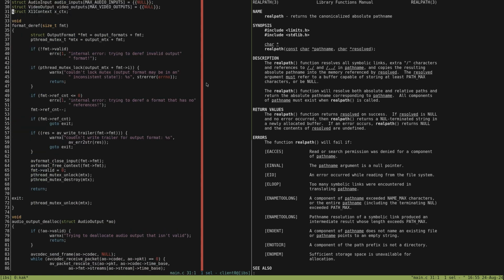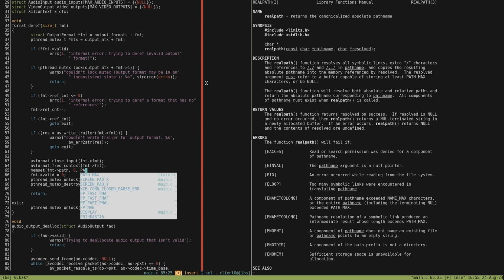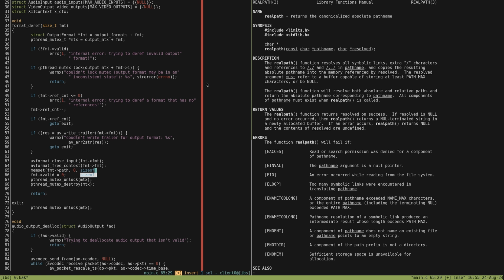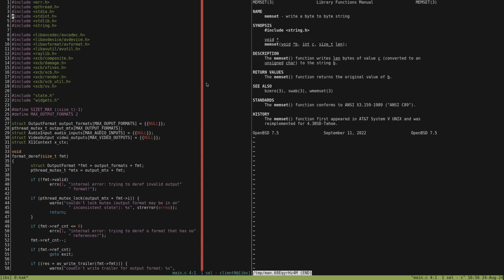And what we'll need to do is memset into format path. I think it's because it's an array, it should know the size of it. We'll stick to convention. And that requires string, right? Yeah, cool.